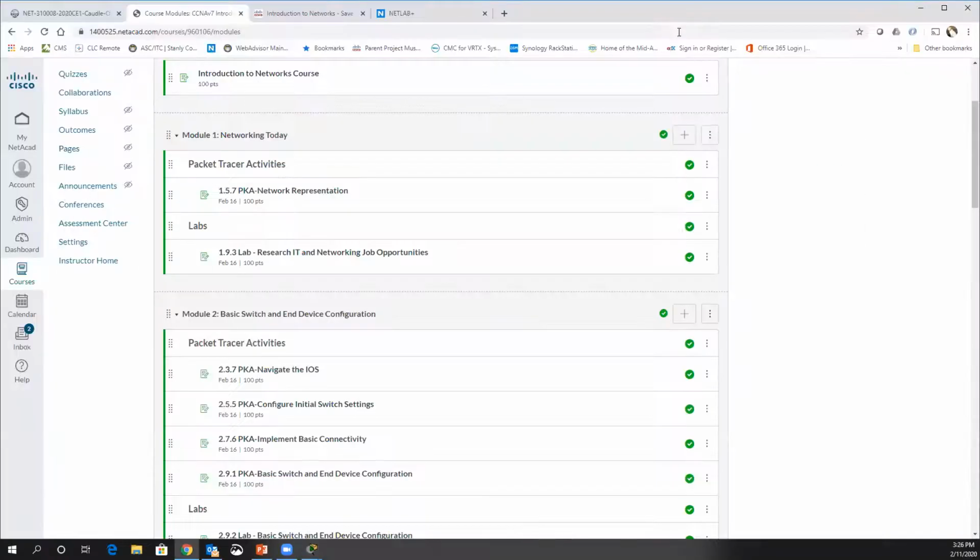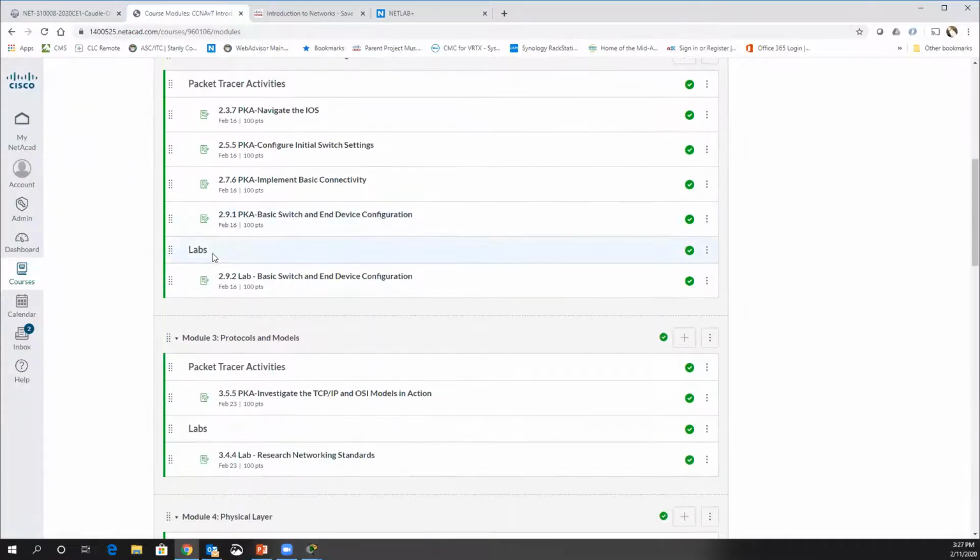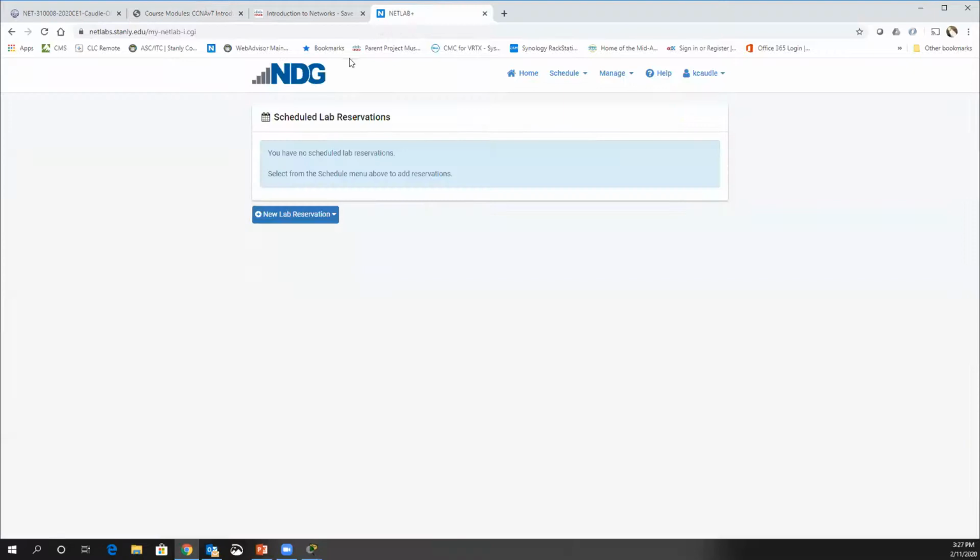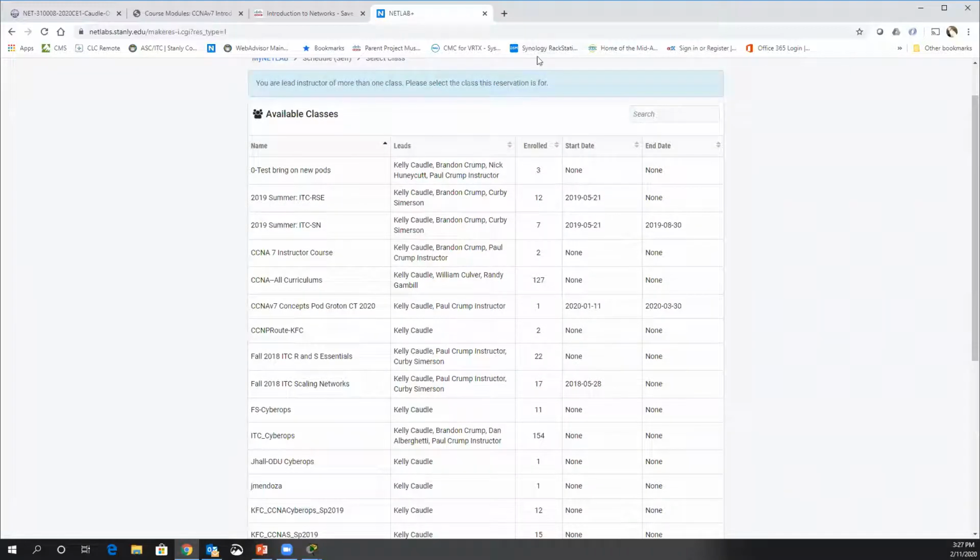Because we do have real labs, and that is shown under the labs items. Those labs, we use real gear to complete. That is the last site you have to go to, which is the one I sent out today, NetLab. So when I go to schedule a lab for myself,